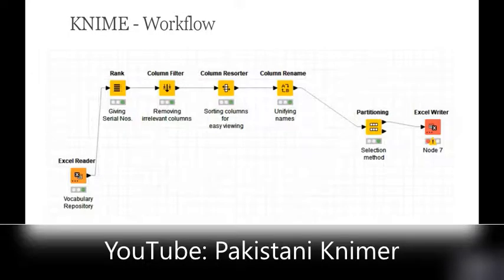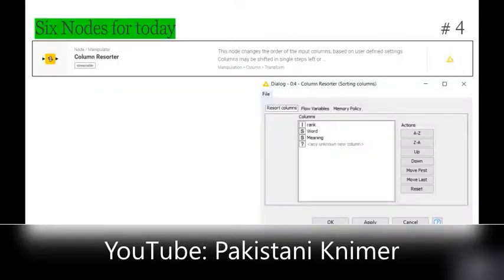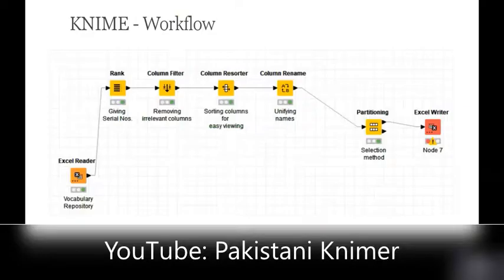Then we use column resorter. The column resorter is when we say that we want rank as the first word in the second column, meaning in the third column, right? Then we rename, column rename.